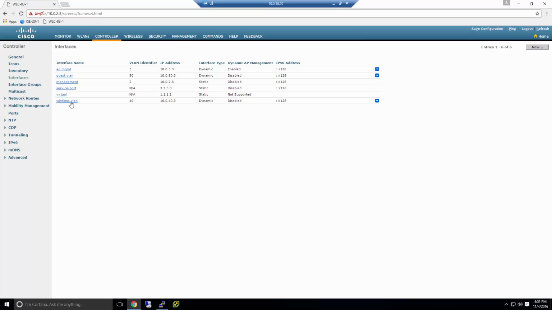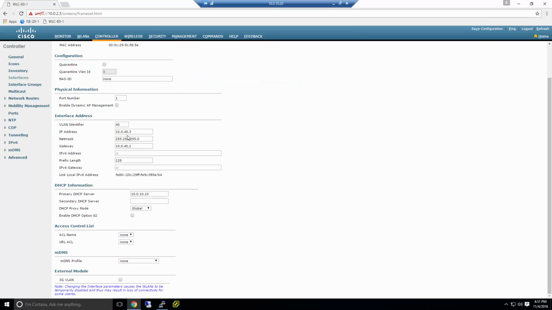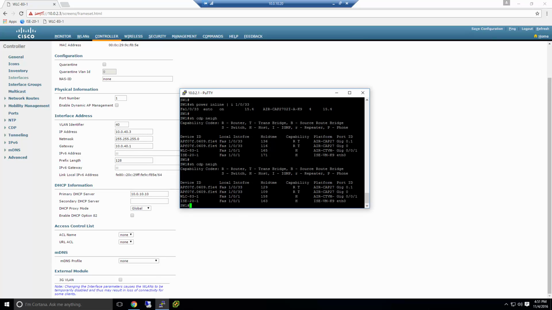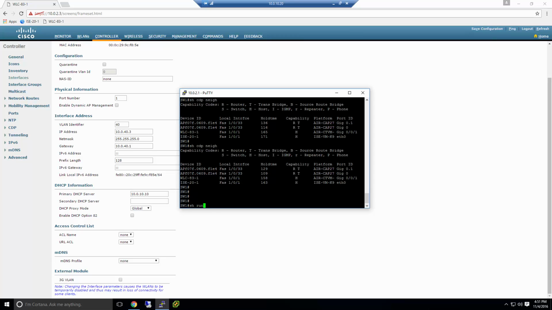So I have one called wireless VLAN and one called guest VLAN. I also have an interface for the management of the controller, which is 2, and the AP management, 10.0.3.3. So I'm using .3 for everything. Wireless VLAN is 10.0.40.3. It's on VLAN 40. And the gateway is 10.0.41. So if I go over here and I look at show run interface VLAN 40,